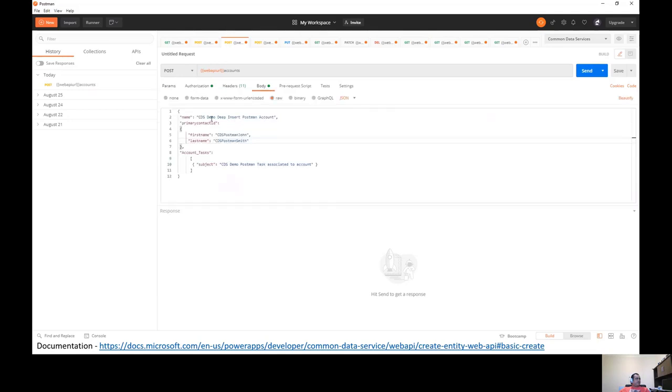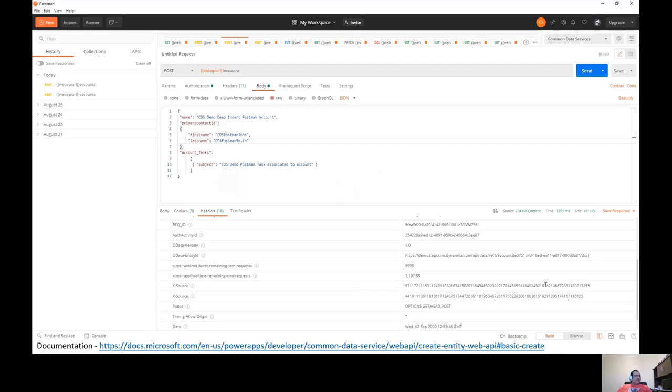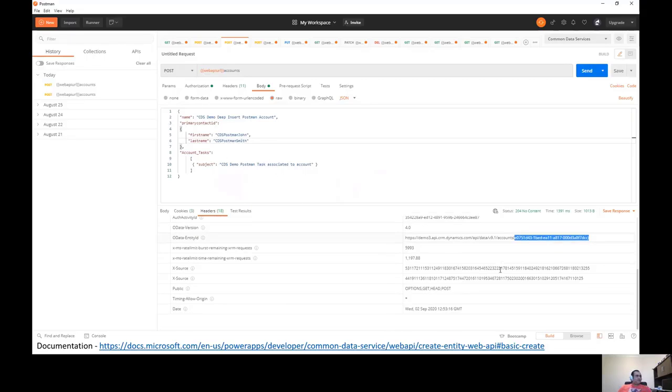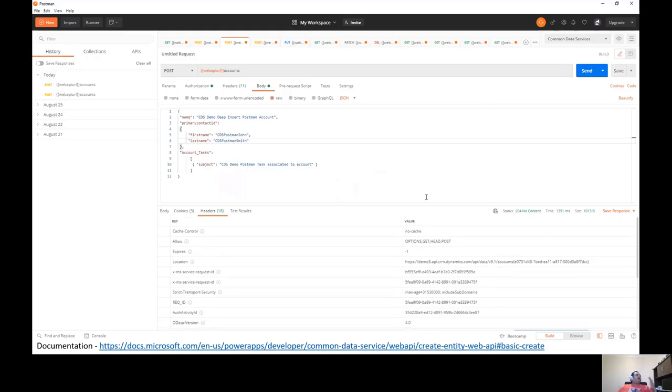In the body, I pass a complex payload, right? And then when I click send, I will see that the account entity is created and a task is associated with this account as well. So it's all successful. That's how I can do a simple create of one record, and I can also create complex records.